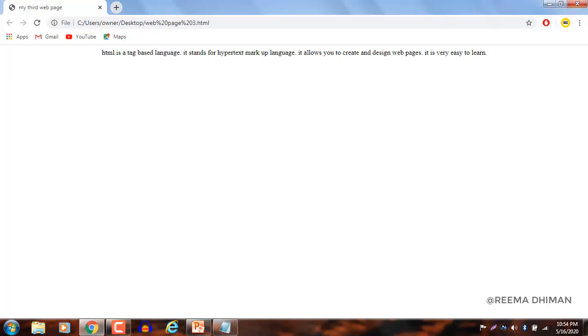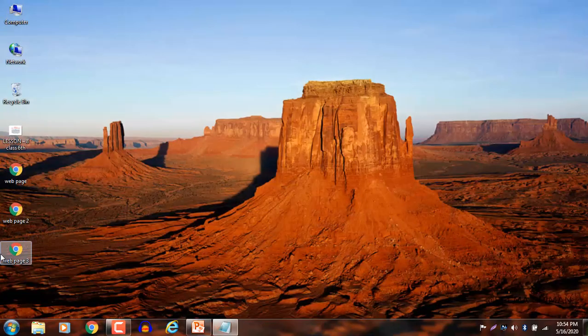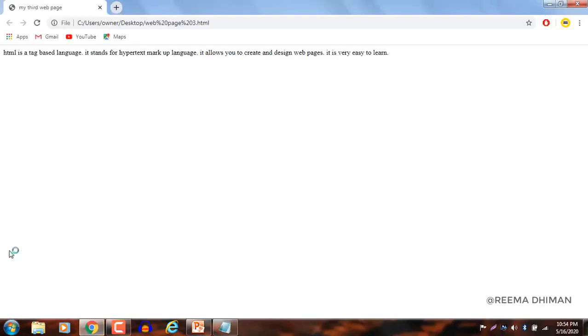Similarly, you can also change here to left or right. For example, I'll write here left. Clear? So your text will be aligned to the left side. Press Ctrl plus S. Now you can see your text is aligned to the left side.